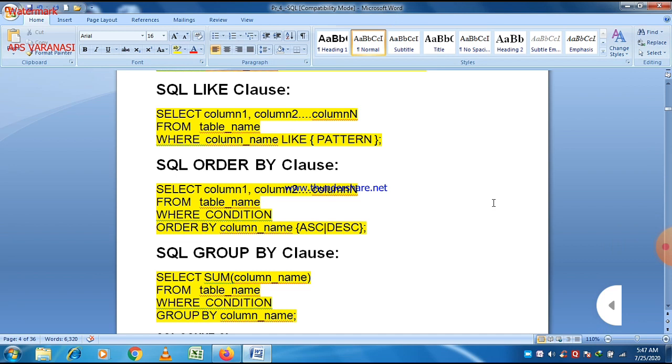So what we have to do is write the select statement as we declared above, and after that where, column name like pattern, and then the pattern should be written. So here we just write p percentage. It means all the names that start with a p. And one thing is very important. If you write small p, then all the names starting with small p will come. And if you write capital P, then all names starting with capital letter P will be shown. So it is case sensitive.